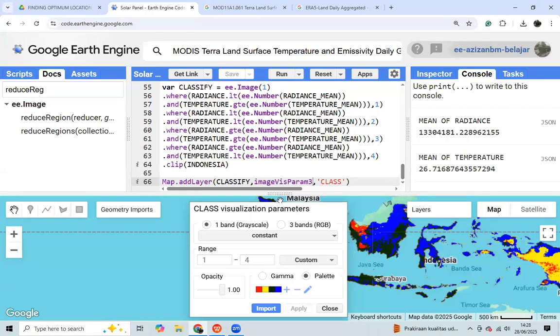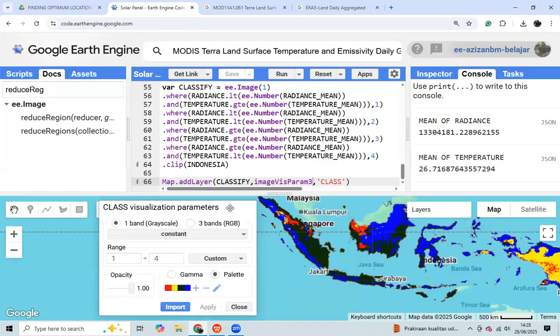The third class is the green. It has high temperature and high radiance. The most optimum, with low temperature and high radiance, is the blue one.